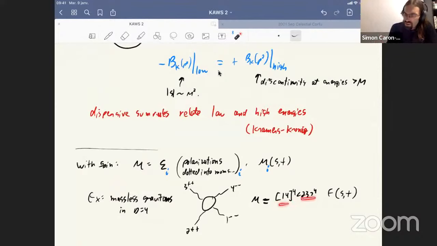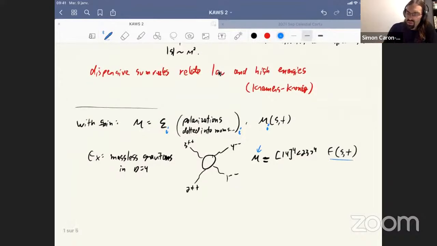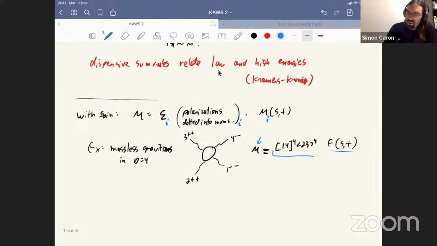But when you pull them out, you get an amplitude that is going to behave differently at high energies, because our axiom says that the amplitude itself has nice boundedness property. That means that F behaves somewhat differently. And this factor here, in absolute value, basically goes like T squared, sorry, T^4.